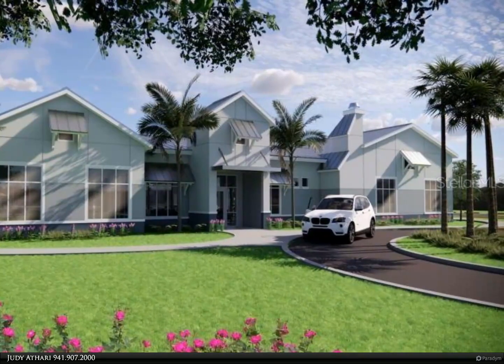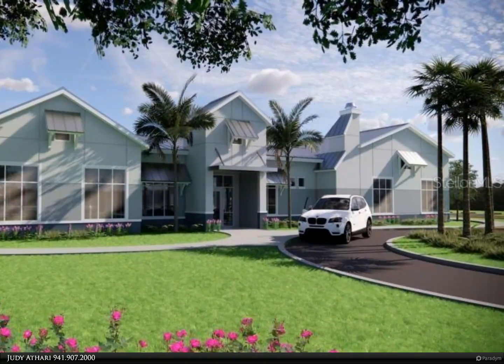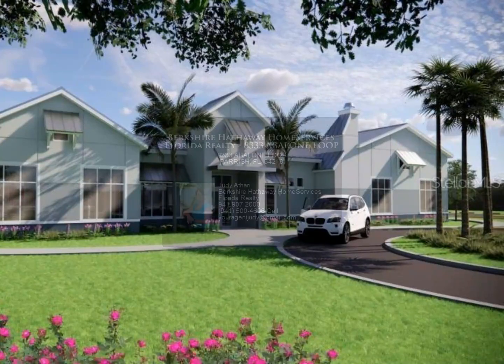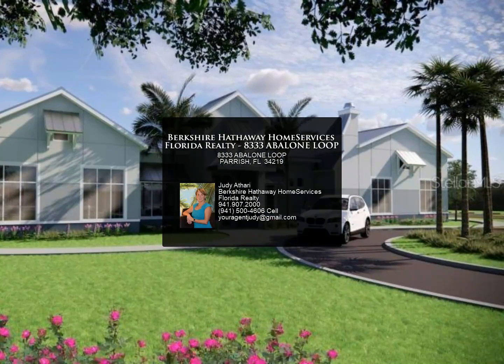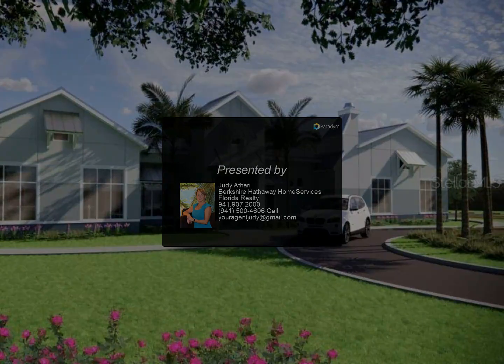ABALONE at Bayview offers residents amenities that include a pool and clubhouse and playground, and is one of the newest communities in Manatee County. Schedule a tour today before it's gone. For more information, review the details below or contact